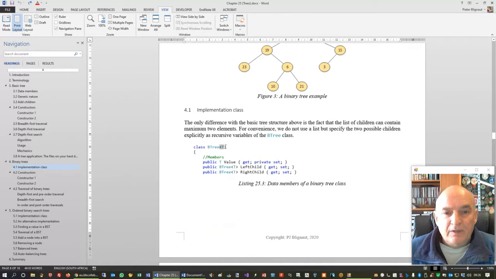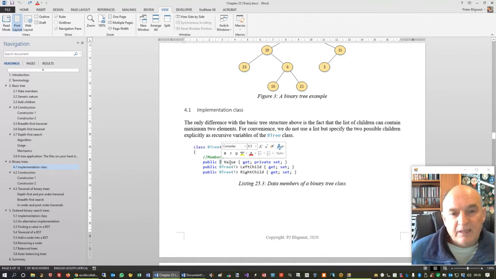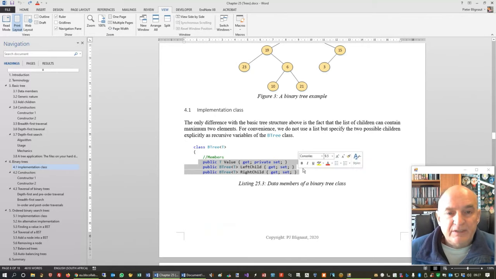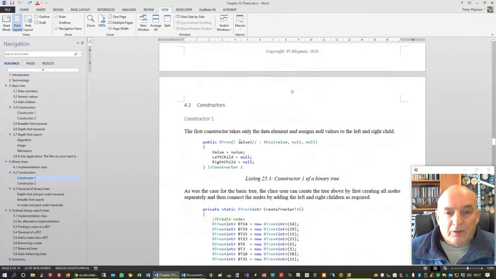It's generic, so the data element can be of any type. So there we can have any type of thing in the value, but then there are 2 trees in itself, and each tree also will be generic and will also have a value. So note this way for the data members of a binary tree class. So the constructors,